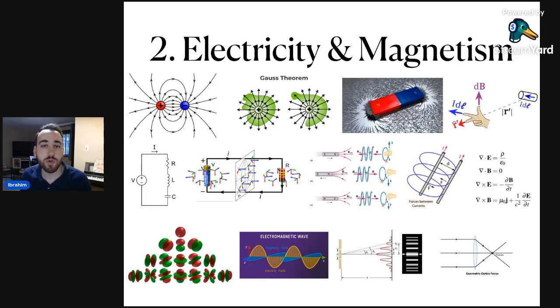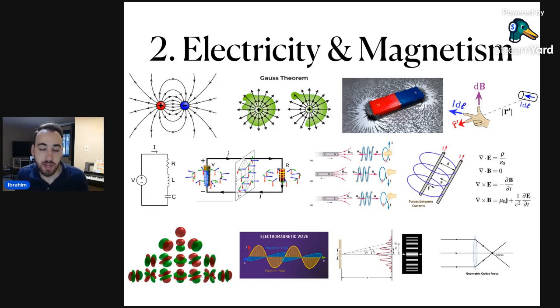Then you move on to trying to write down that principle of creating electric fields in a way that is more general. So you talk about Gauss's law and how the flux through a surface is related to electric charges. Now, you also learn about magnetism. You learn about what creates